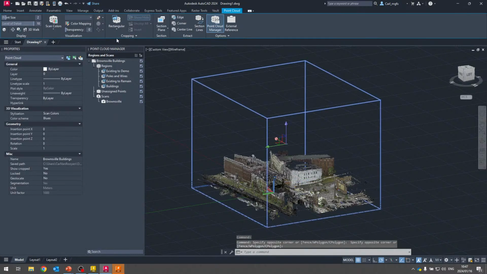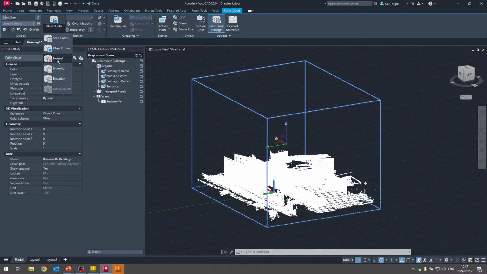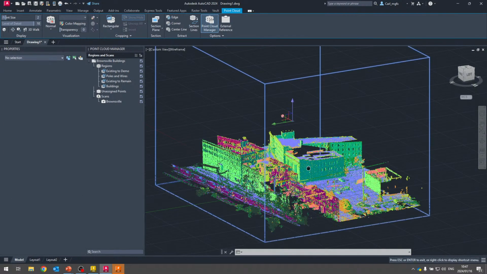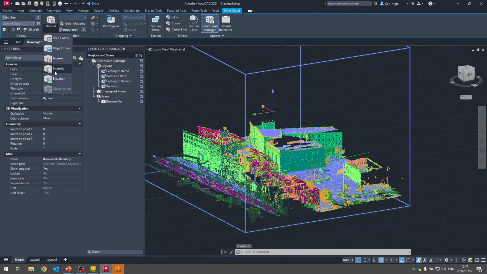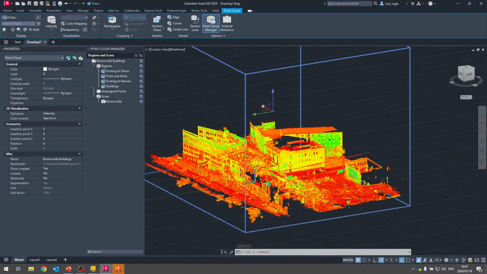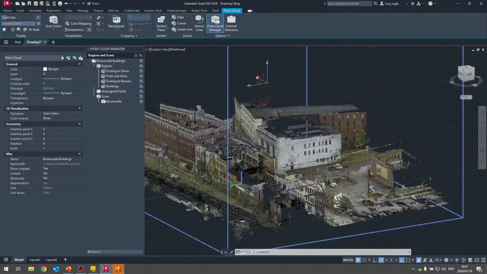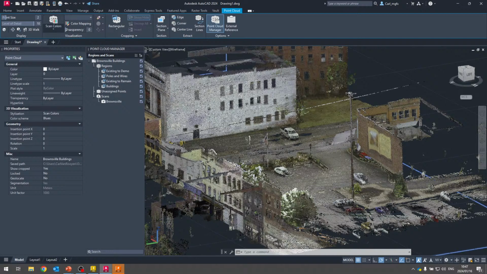Now if I select the point cloud, we then get a point cloud tab with various options. We can change the scan colors. We can go to object color, normal, so it shows the normals of the scan, intensity, so intensity of data points within the scan. I'm going to go scan colors, so it's the RGB. And just one thing to really look at here is cropping. We can, within AutoCAD now, crop this as well. So we have various cropping options. So we don't have to crop it within Recap, but managing it within Recap does allow you then in AutoCAD